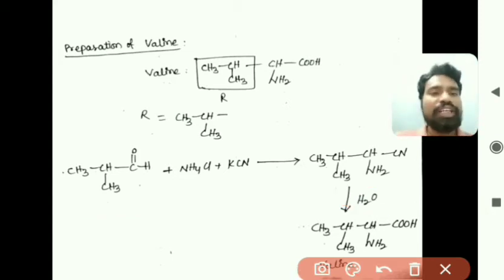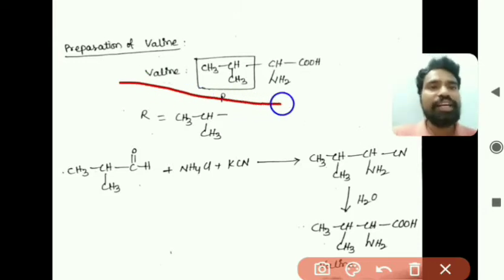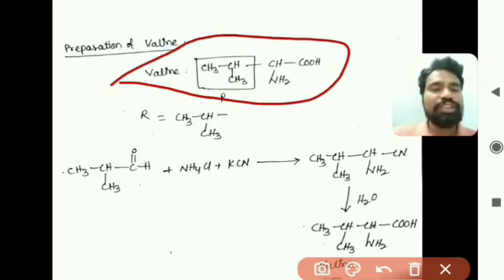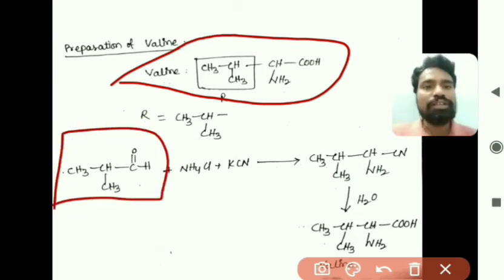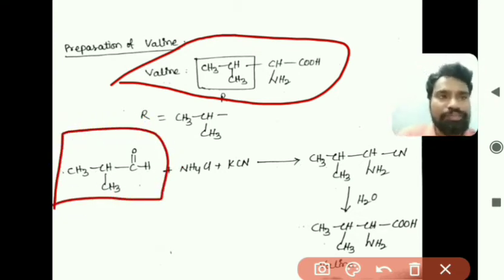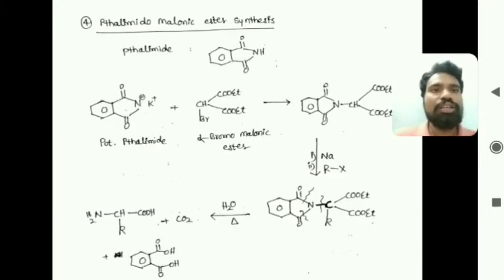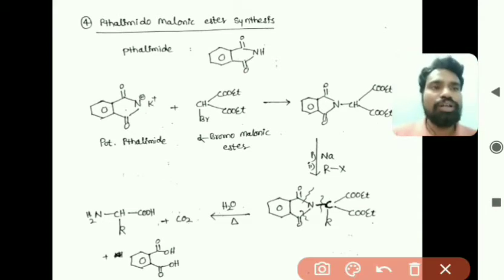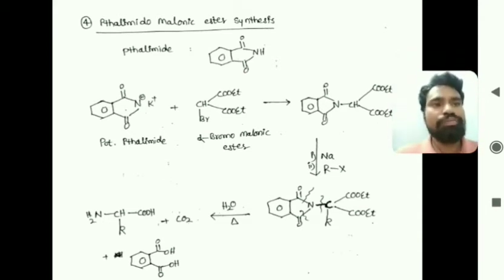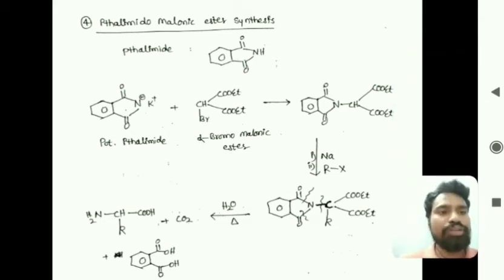So in this Strecker synthesis, the most important thing is that, based on the desired amino acid, we have to take the starting material aldehyde. Then only we will get the desired amino acid. This is the third preparation method of alpha amino acids, that is Strecker synthesis. Now we will be moving to the fourth method of synthesis of alpha amino acids,